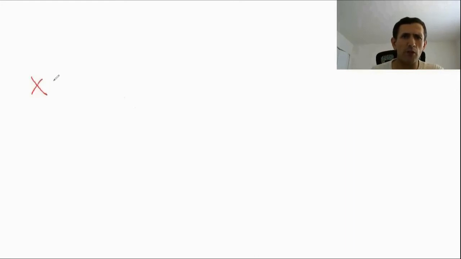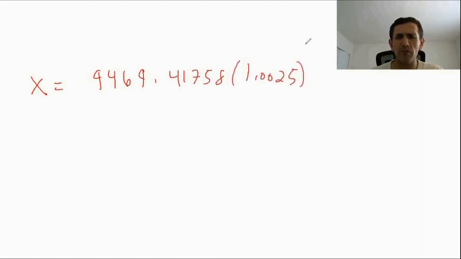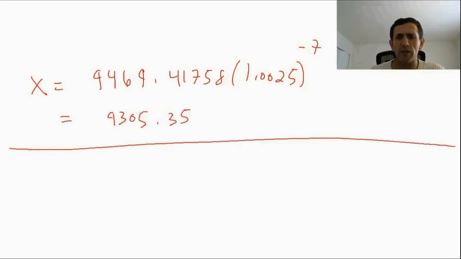So on June 1st, I need 9469.41758 times 1.0025 to the minus 7, or same thing, 1 over 1.0025 to the 7th. And this is going to be equal to 9305.35. Now, this should make sense, but if it doesn't,